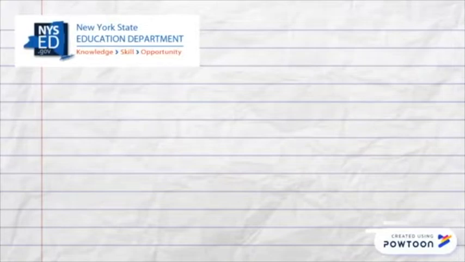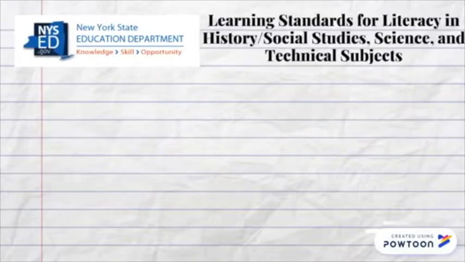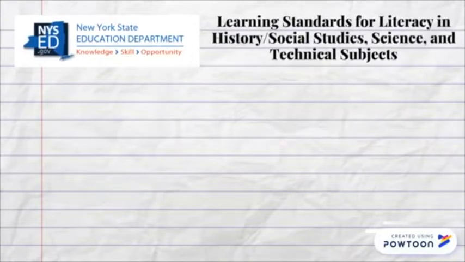Standards for writing are not limited to ELA alone. While Appleby and Langer outline the Common Core State Standards and the Introduction to the Next Generation Learning Standards for New York State, the Department of Education identifies standards for literacy across history, science, and technical subjects. The link to this document can be found at the top of our syllabus and on Schoology. But here are some of the highlights.